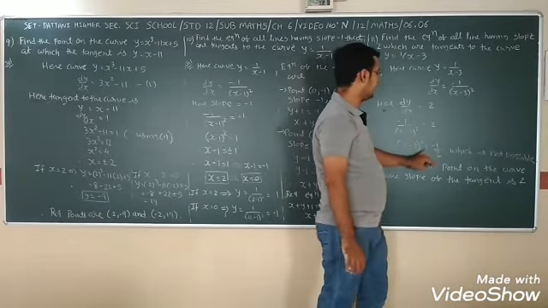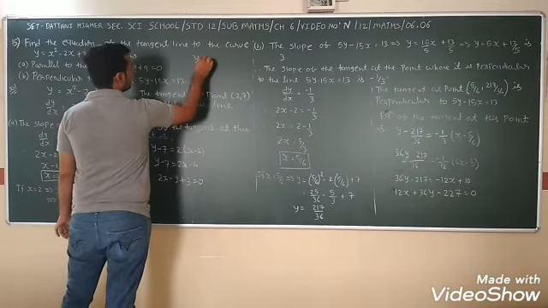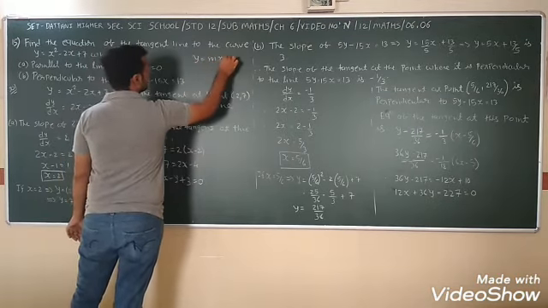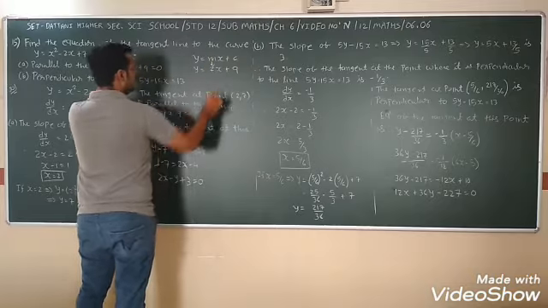So here the curve is y is equal to x square minus 2x plus 7. Taking the derivative, that is 2x minus 2. Now the line is x minus y plus 9 is equal to 0. So to find the slope, there is the equation y is equal to mx plus c. If you convert it, y is equal to x plus 9. So your m becomes 1.